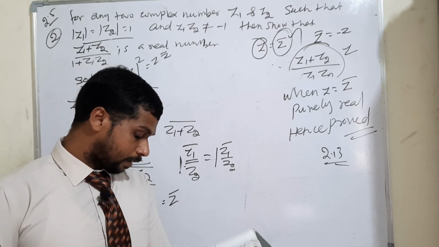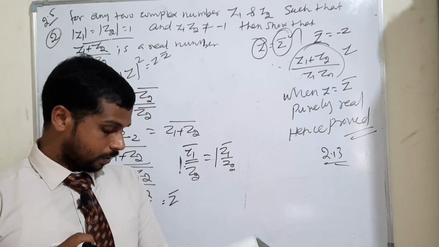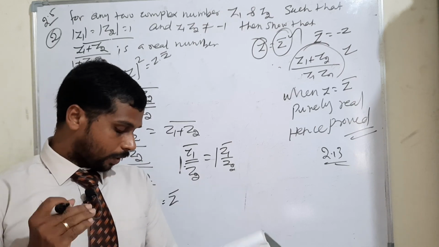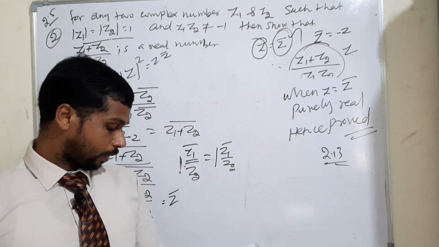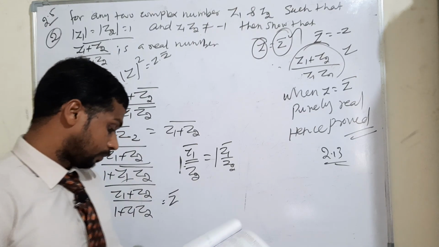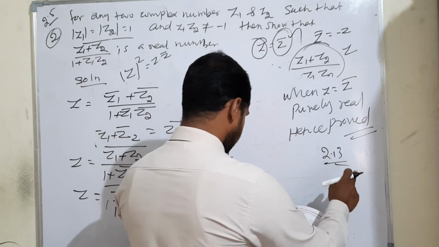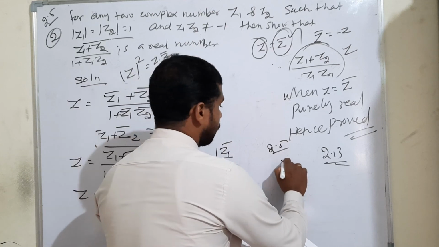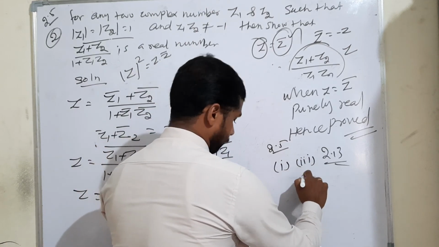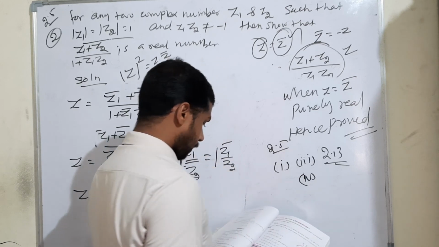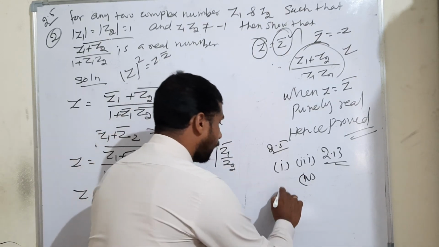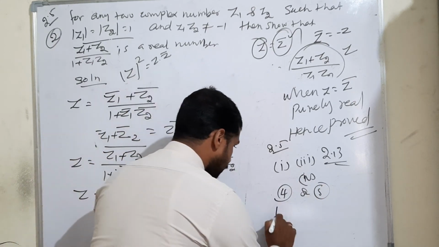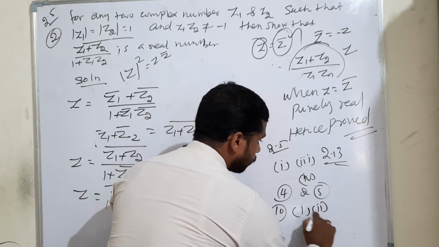Then question 6 and 7, and another one, question 10 also. I have considered proving the square root of a complex number, and even the basic concept I proved. You can try; they have given 3 subdivisions. So the homework for exercise 2.5 is question 1, subdivisions 1, 3 and 4. Then questions 4 and 5, then question 10, subdivisions 1, 2 and 3.